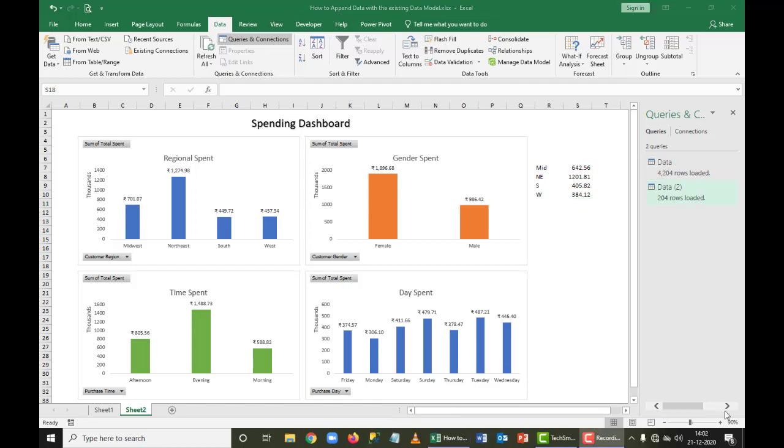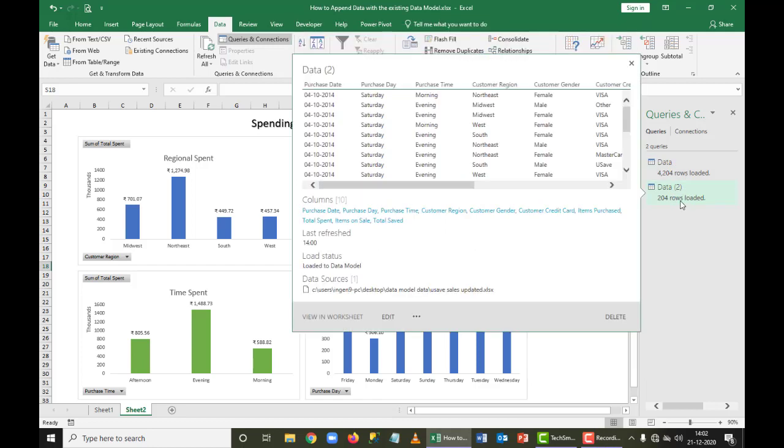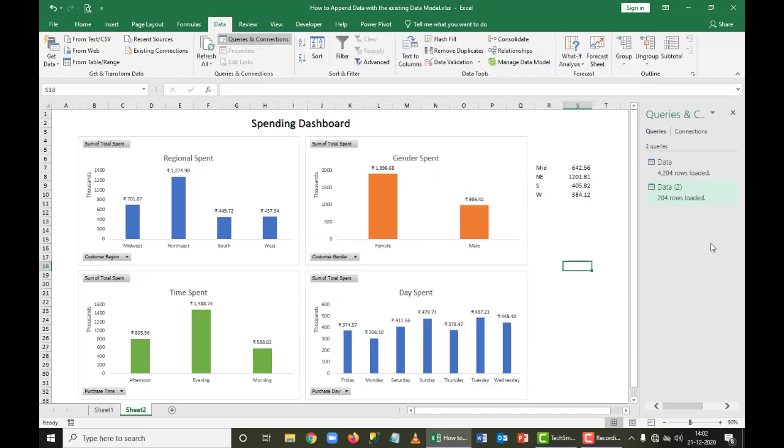If you don't want this Data 2 to appear in our list, we cannot remove it, as we have this data as a part of our existing data. If I try to hide it, it will be hidden only from the load in my data part, but in the Power Query option, it will definitely be there in the list. So this will be your updated data. If you want to rename it, you can rename it here if you want to.